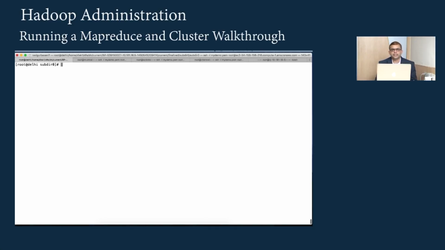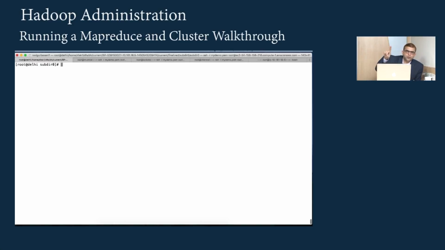As per the configurations, the name node will run on Delhi, the secondary name node will run on Mumbai, Kolkata will be the resource manager, and the job history server will be Chennai. And the slave nodes, that is data node and node manager, will run on all the 4 machines. As per the configurations, we also created the folders. We then formatted the name node on Delhi.